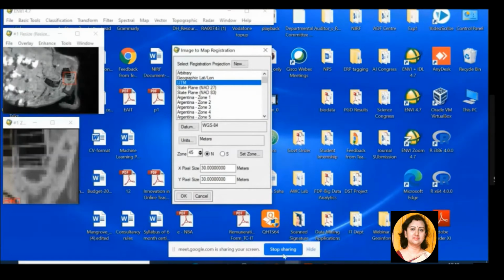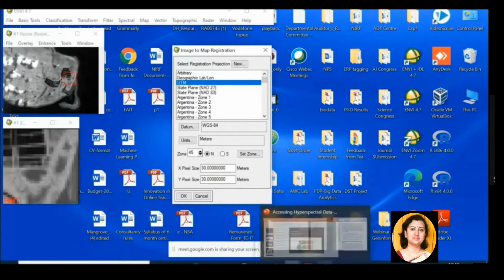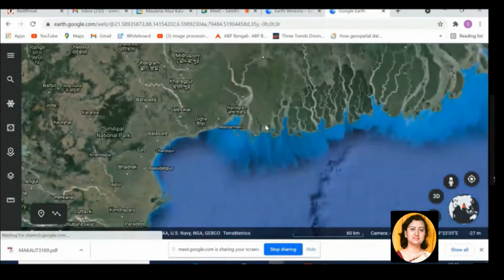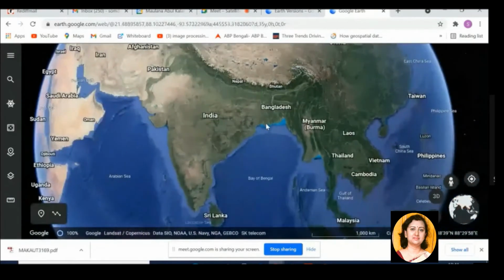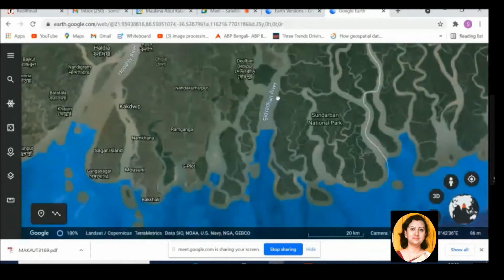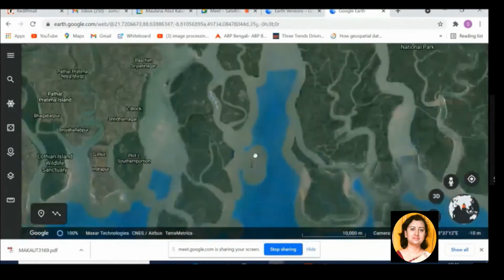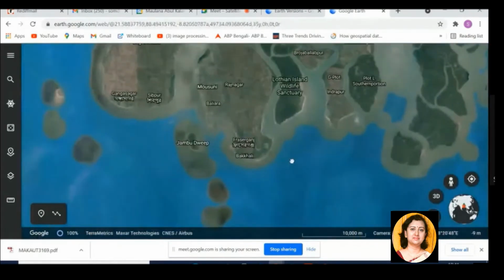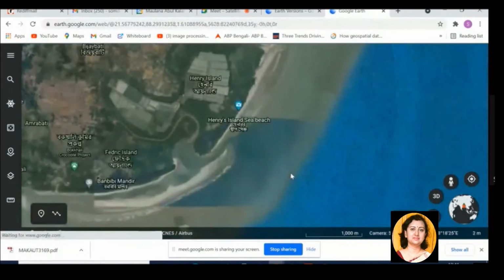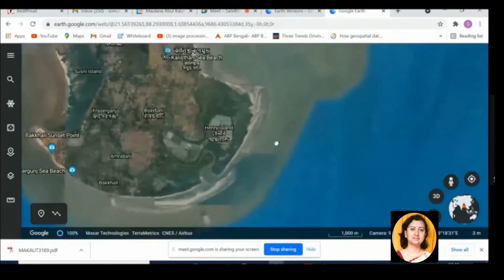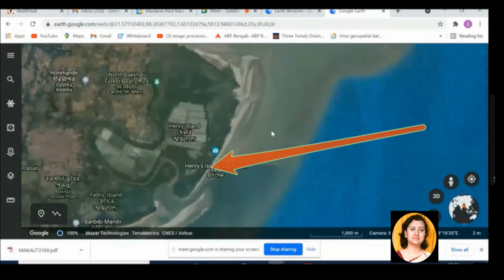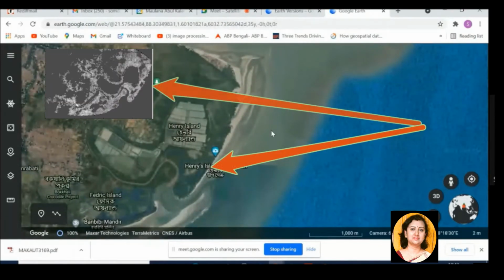Okay. So let me open Google Earth and see. This is India, and now I want to go to the Sundarban area, and my island is Henry Island. So this is Henry Island. So you can easily find similarity between this image and the hyperspectral image that we have downloaded.